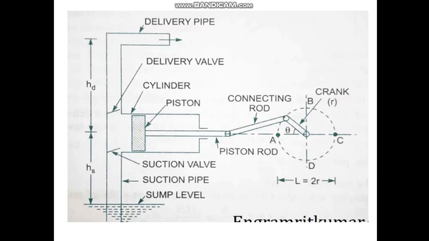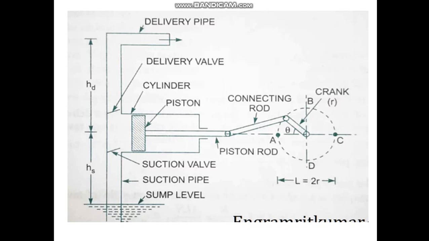So when you switch on the motor, the crankshaft rotates, the crank rotates, and the connecting rod converts the rotation of the crank to the reciprocating motion of the piston. Suppose the piston is at the extreme left, then it moves from left to right. That movement creates a low pressure inside the cylinder. By that low pressure, the water from the bottom sump is forced through the suction pipe into the cylinder, flowing through a suction valve. That suction valve is a one-way valve through which it enters the cylinder. So when the piston reaches the extreme right, the entire volume of the cylinder will be completely filled by water.